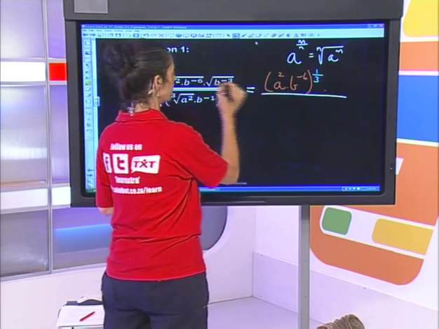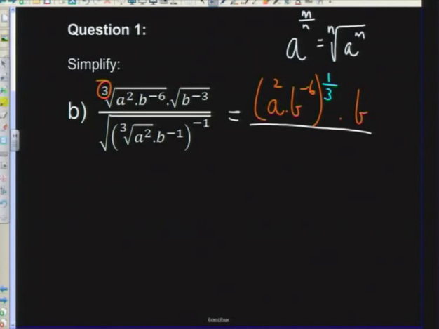what root have I got here? It's the square root, so it's b to the minus 3, and then it's the square root, so it is over 2, because remember the square root is denominator 2. And then in my denominator, I've got something very interesting. I've got a bracket raised to the minus 1, and then I've got the square root. So I work from the outside in. So I'm going to take the square root, which is going to become to the power of a half, and